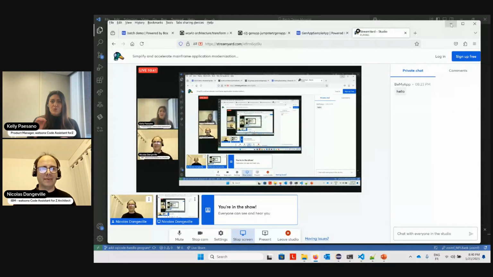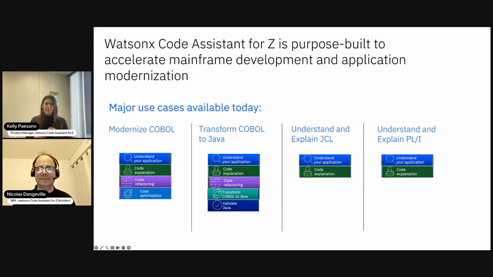And then finally, just one last slide before we get into the demo, going back to the capabilities on the wheel. So as I mentioned before, watsonx Code Assistant for Z is designed to accelerate your modernization goals, which may vary across applications and may change over time.